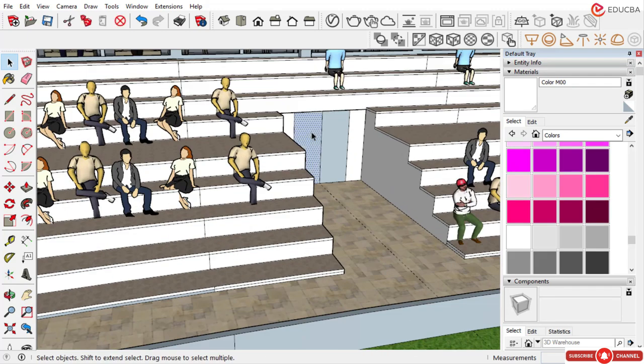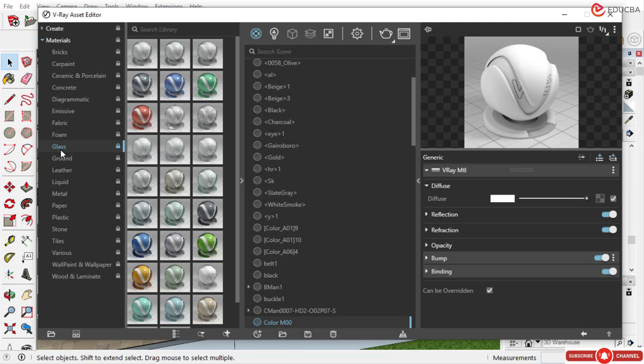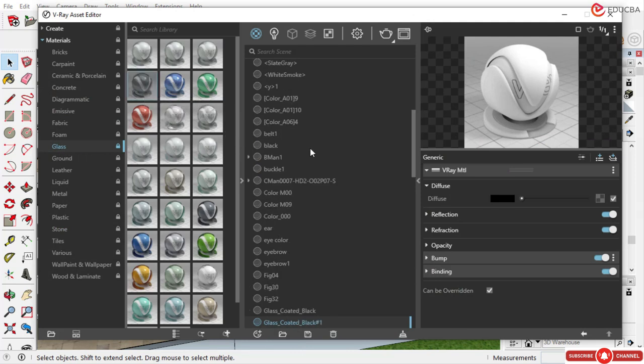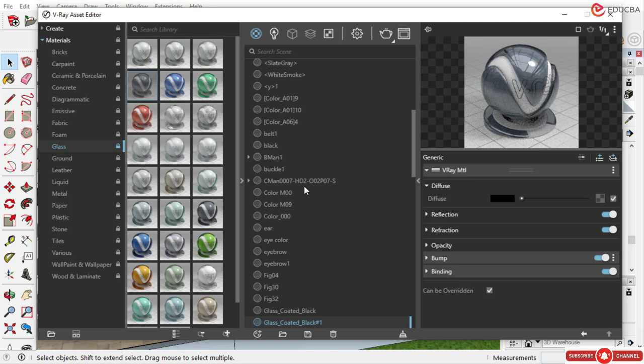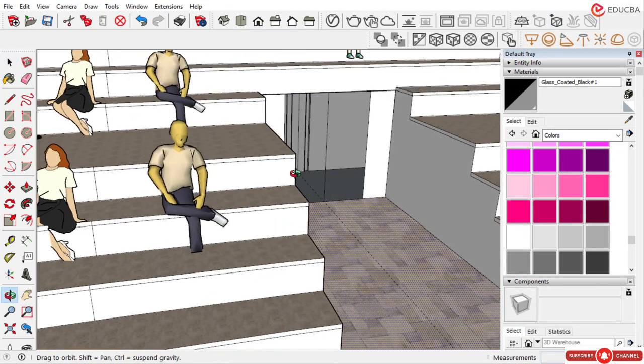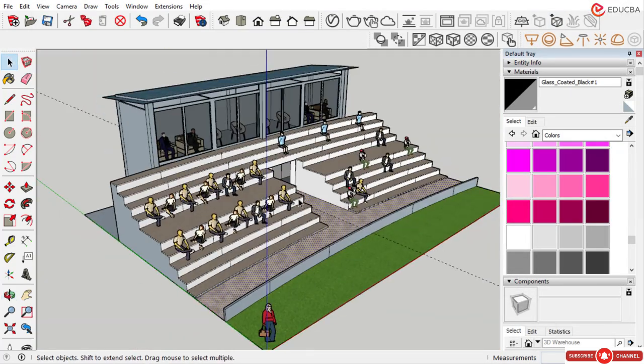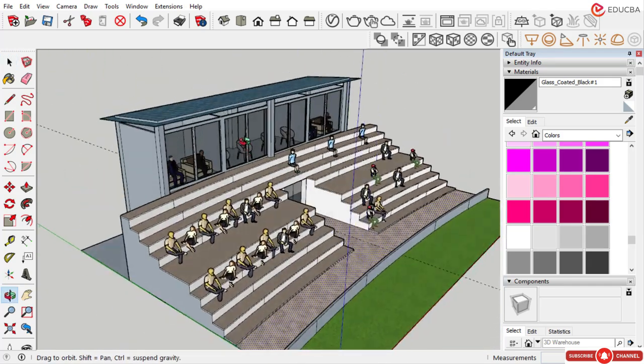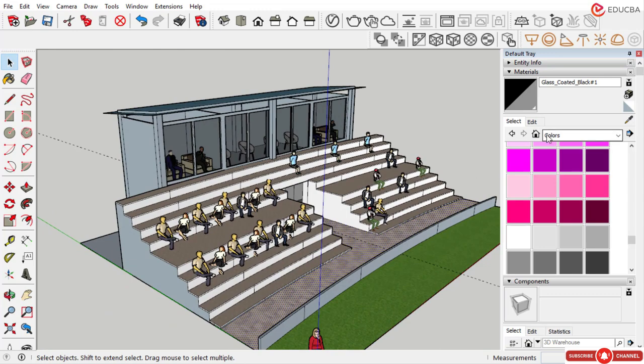Now here also we can provide the glass. Select this asset editor, go to glass and just enter the black type glass coated and apply to selection. So our glass will look like this. We have almost completed the 80% of our V-Ray command. So this is how to use the V-Ray command. Give the color to this area, these cabins also, by using this kind of